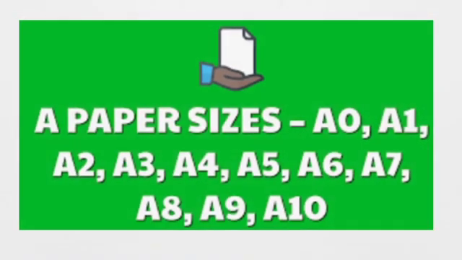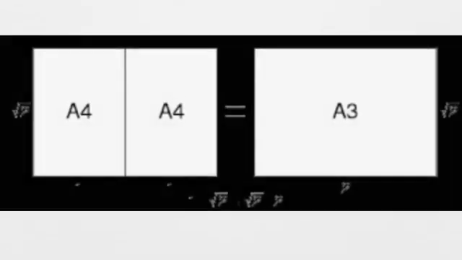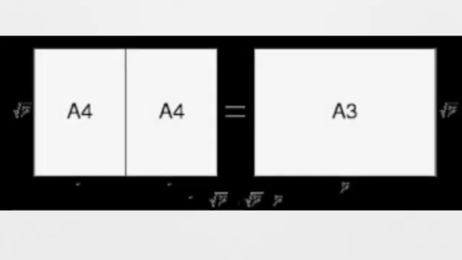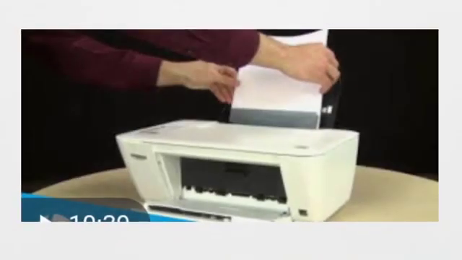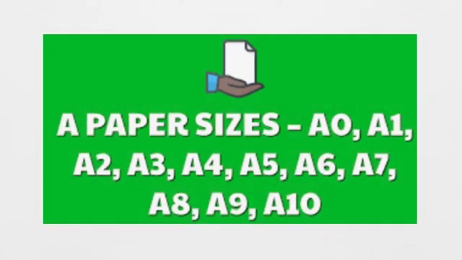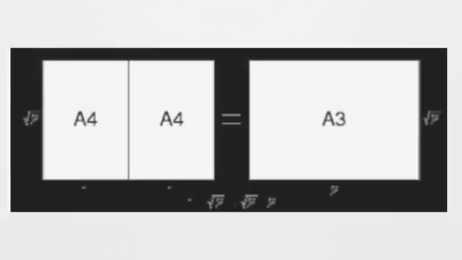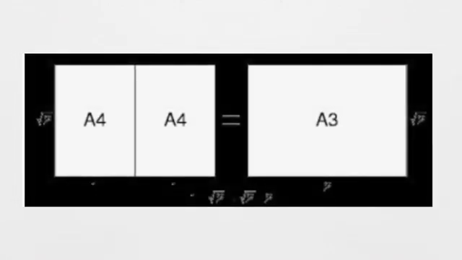Now it is very important before taking printout to be clear what is the size of the paper you are going to print on. Which paper you are going to install in the printer's tray. There is a printer tray where you are keeping the pages, where you are inserting the page to take printout. So we need to see what is the paper size of that. Which paper size you have installed in the printer, the same size you have to select in Microsoft Word also.